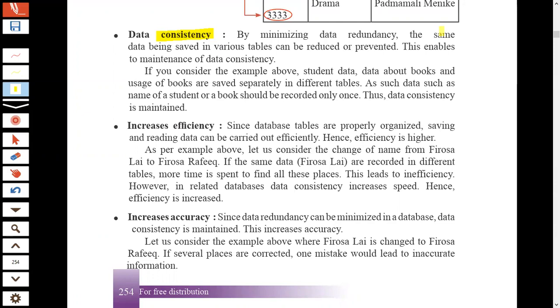So we have to eliminate inconsistency. First of all, we have to clearly identify what inconsistency is. If the same data is stored in several tables, in several forms, that is called inconsistency.